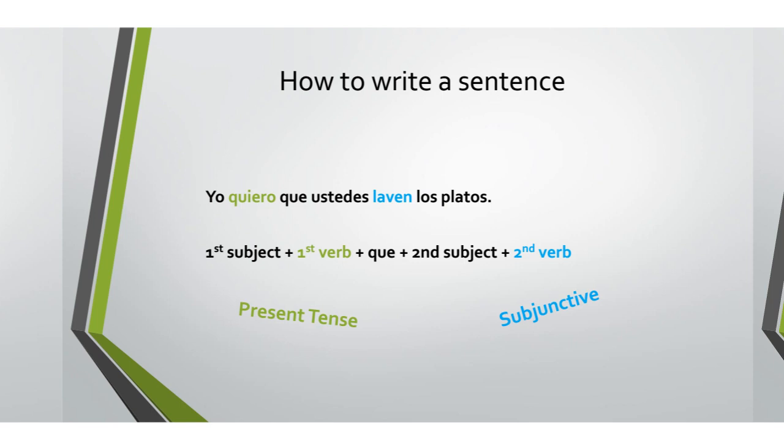So ustedes is the second subject, and laven is the second verb. Laven is in the subjunctive because I don't know whether that action will happen. So you all washing the dishes isn't happening right now, and it might not even ever happen in the future. So since I can't use the present tense, I can't use the future tense, I'm going to use the subjunctive